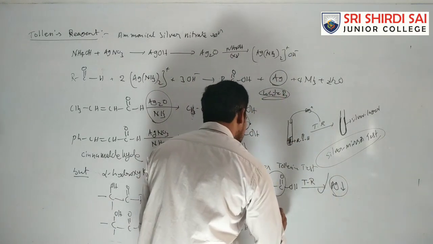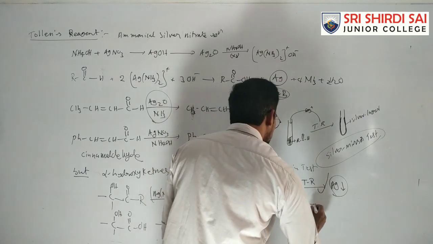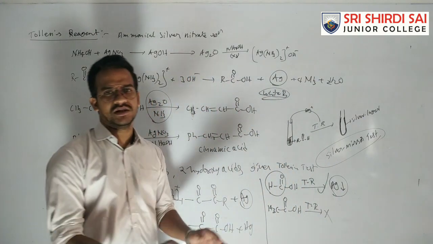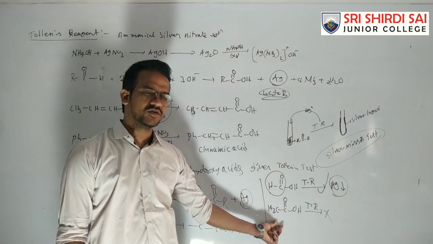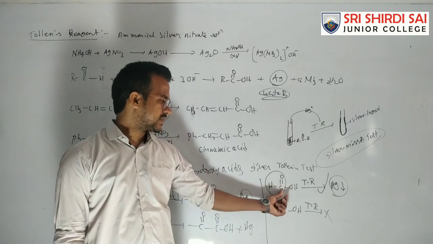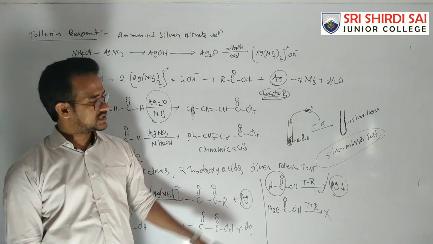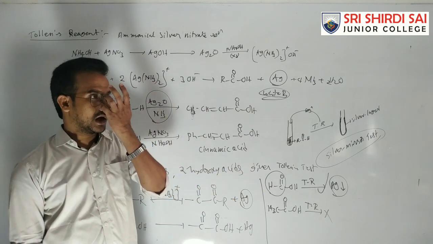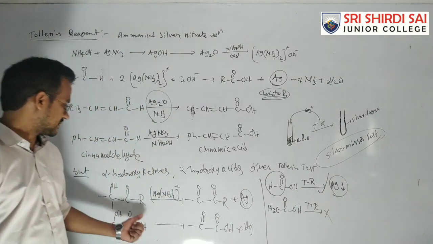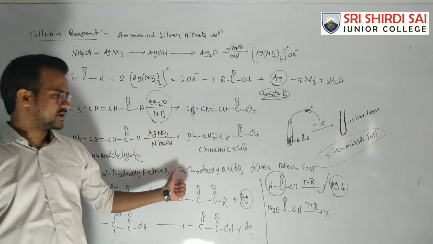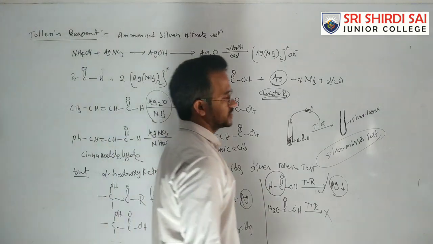Suppose acetic acid, CH3COOH: acetic acid does not give the silver mirror test, because there is a CH3 and it is only a carboxylic acid group. Formic acid is also a carboxylic acid, but due to the presence of the aldehyde group, HC=O, it gives a positive test. There are some exceptions. Generally aldehydes give a Tollens test but not ketones, but the exceptions are alpha hydroxy ketones, alpha hydroxy acids and formic acid. So first try this one.